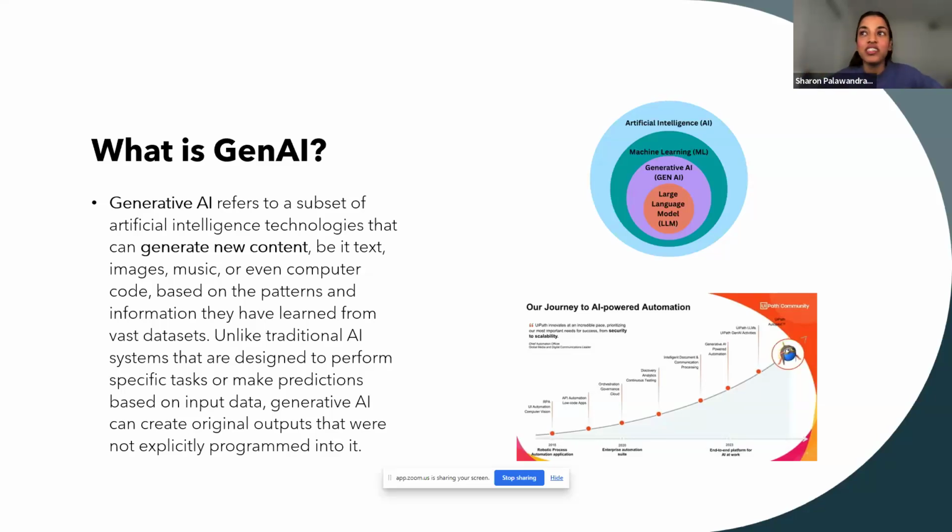So unlike traditional AI systems that are designed to perform specific tasks or make predictions, Gen AI can create original outputs. So that was not explicitly programmed into it. So let's see on this little side, you see where Gen AI comes, right? So obviously, artificial intelligence is the discipline of all things, whether it's machine learning, whether it's algorithm based, whether it's context driven. And then generative AI is a subset of machine learning where we can use different algorithms to generate